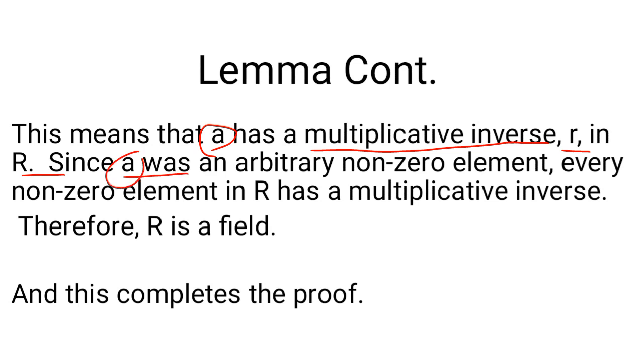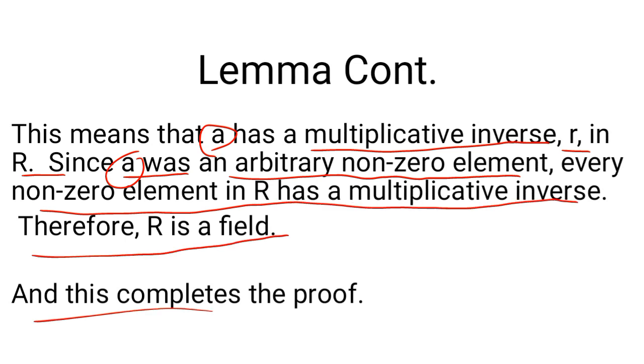Since A, which is this A, remember, was an arbitrarily chosen non-zero element, every non-zero element in R has a multiplicative inverse, therefore R is a field. And that completes the proof. So there's a lot of English here, but I believe by the time you go over the video a second time, or even several times, you will be able to understand the steps in the proof. Okay, these are the references and